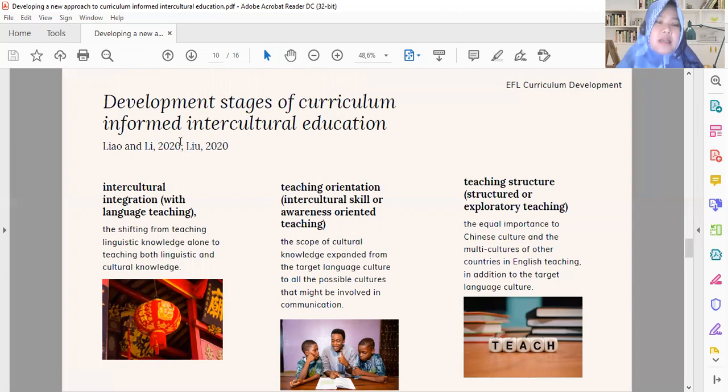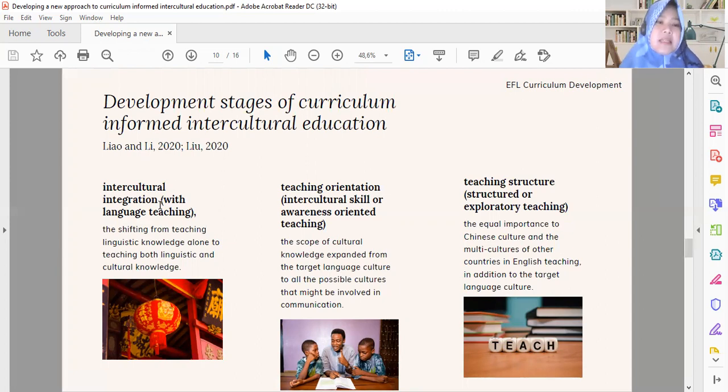So they proposed or introduced 3 dimensions of curriculum informed intercultural education here. The first stage will be intercultural integration. So here, intercultural integration with language teaching. There is an integration between culture and language teaching.